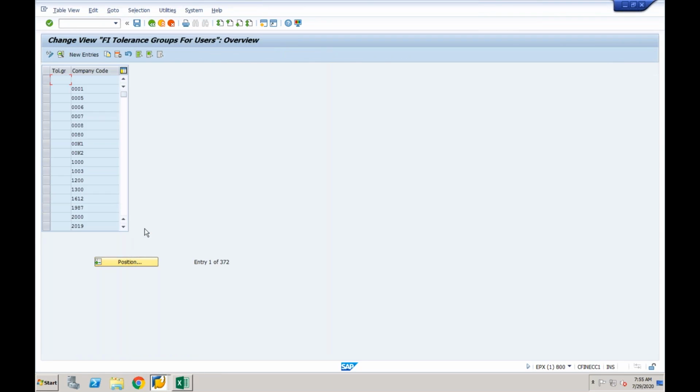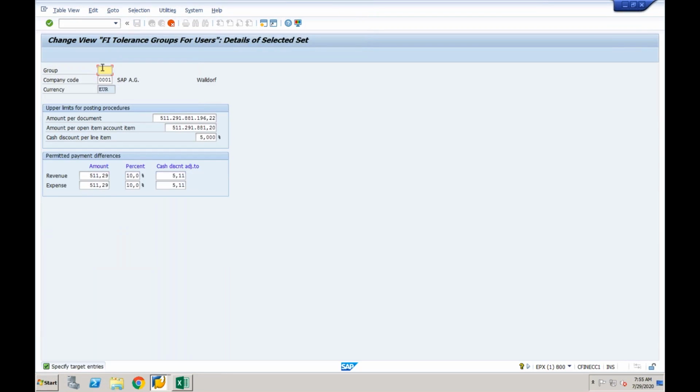So this question comes in the exam. Which tolerance group is minimum requirement in SAP? Blank tolerance for each company code is minimum requirement, right? You can create multiple tolerance groups for your company code, but the minimum requirement is at least the tolerance group with the blank value. Okay, so I'm just creating the blank value for my company code, which is CF01, and try